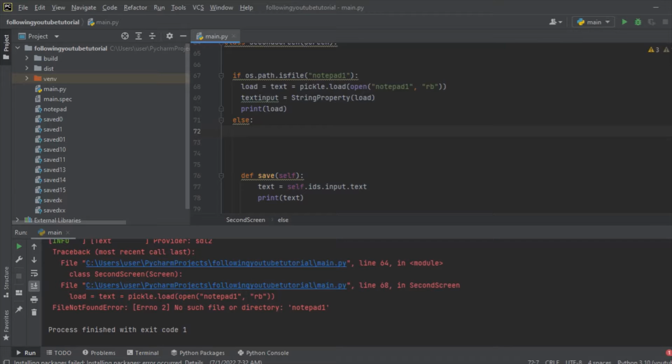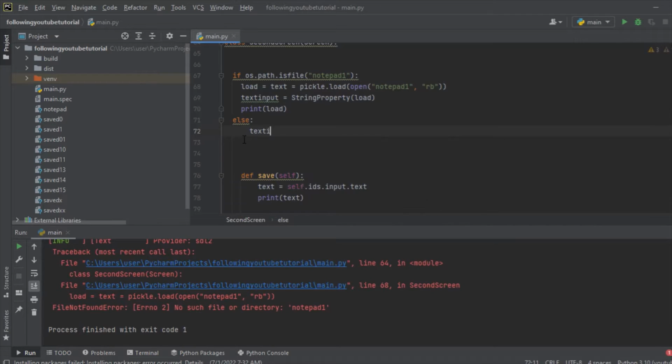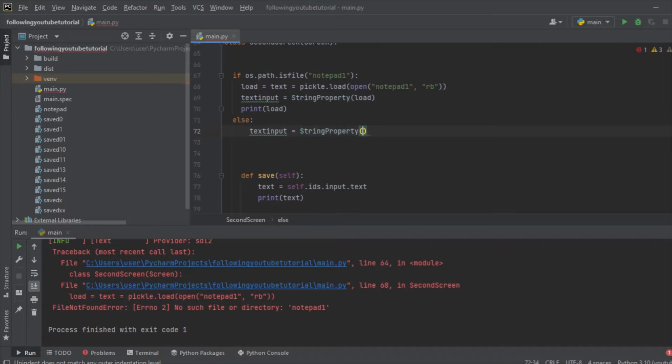We want it to just load our string text input, which is going to be equal to string property. We are going to make it empty if such directory does not exist. Then text input is going to be empty,